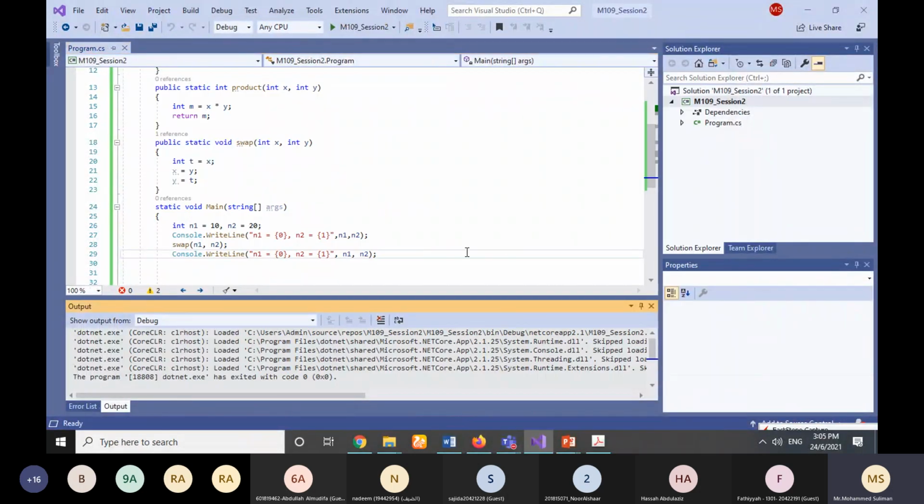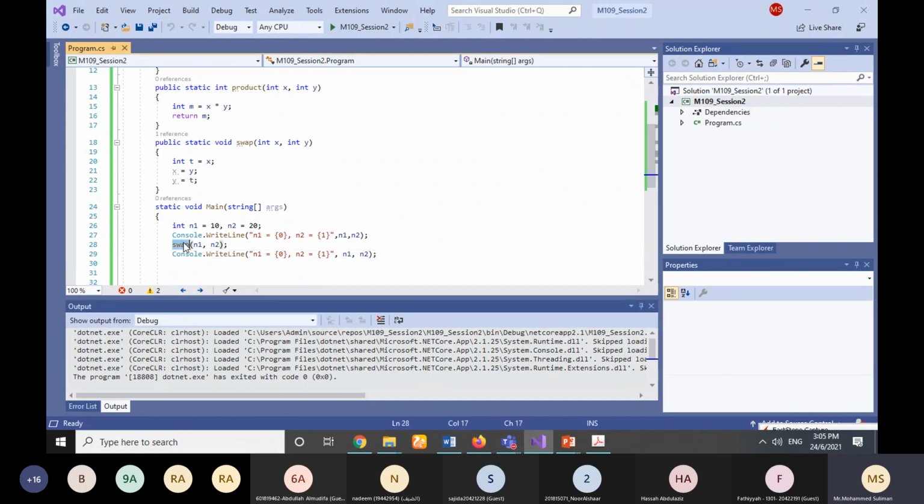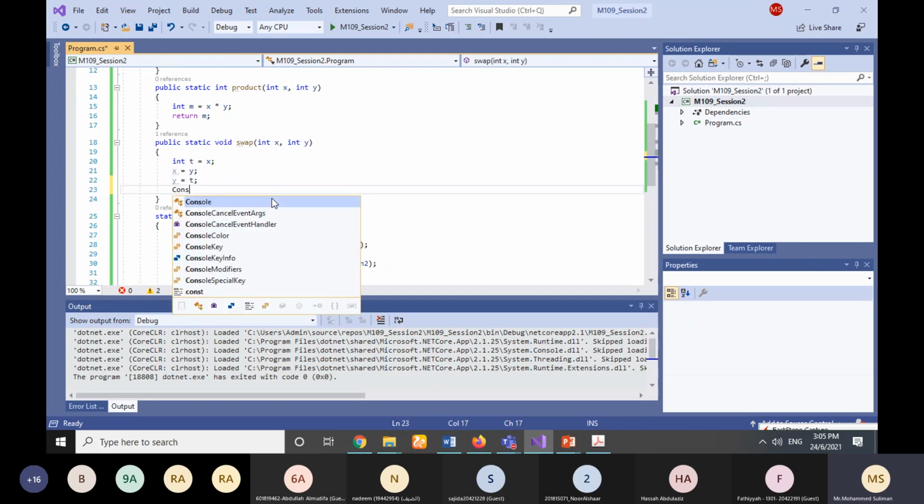Why? This is what we call pass by value. Pass by value in the sense when we call the method and we pass the values to the method, it takes the copy of n1 and n2. n1 is taken here, n2 is taken. What it means, 10 is given to x, 20 is given to y, and swapping is done here. If I print here x and y,